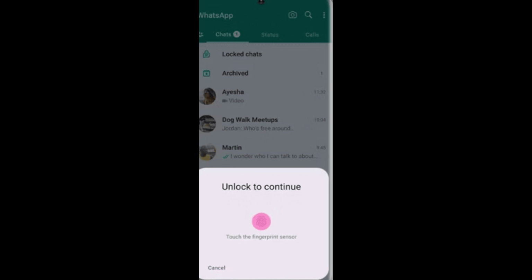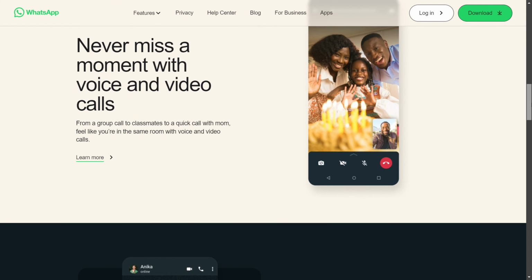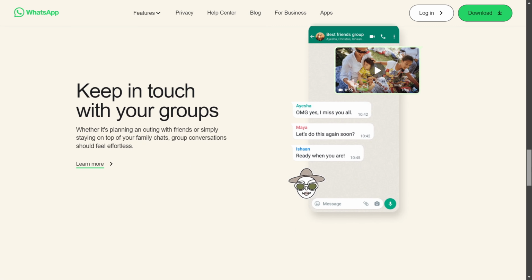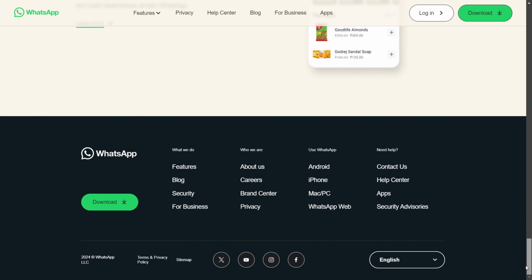Now you can simply enjoy the chatting or access all the chat applications that you want to use. So this was how you can access chats privately on WhatsApp, a step-by-step guide, and I'll